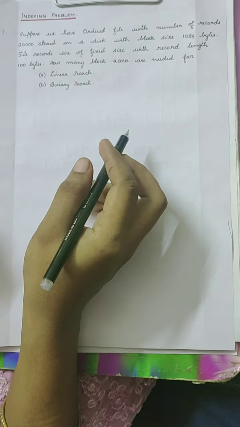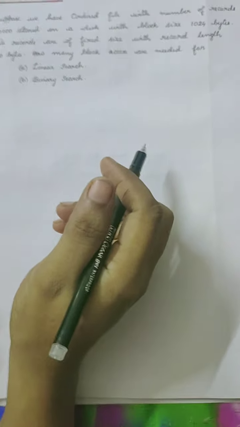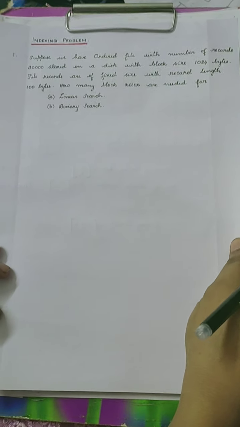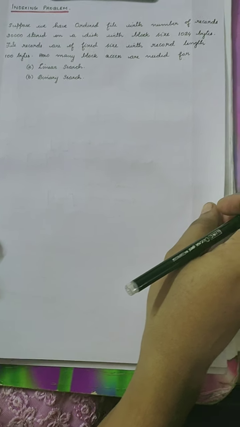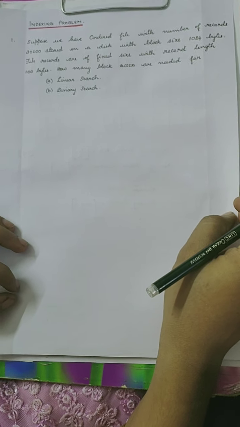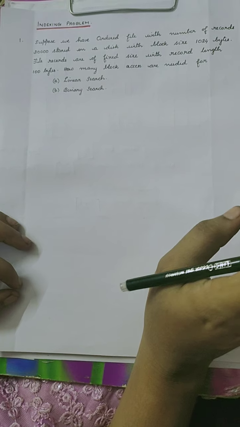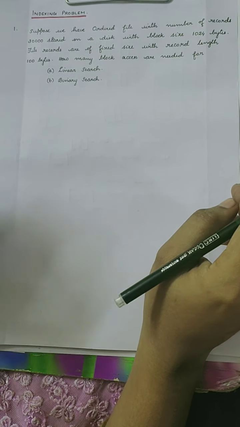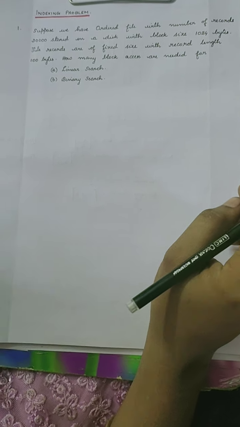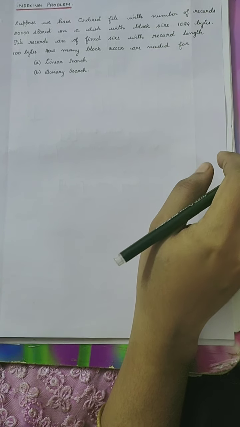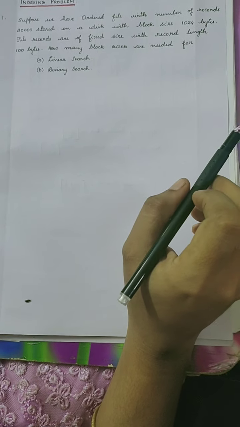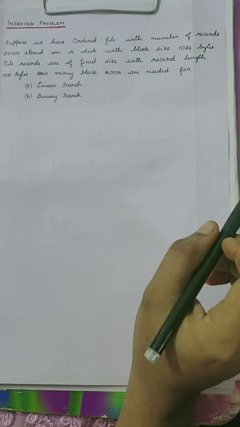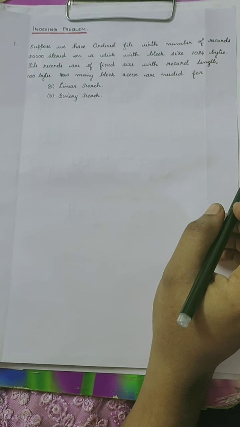In the previous lecture we have already discussed various terminologies and the equations which are needed to solve these problems. We already know how to represent the total number of records in a file, using small r. The number of blocks needed to represent the data is represented using capital B. The record length of each record is represented using capital R.